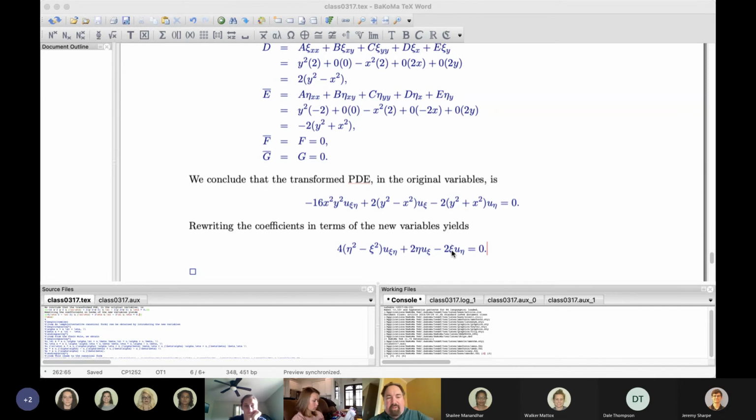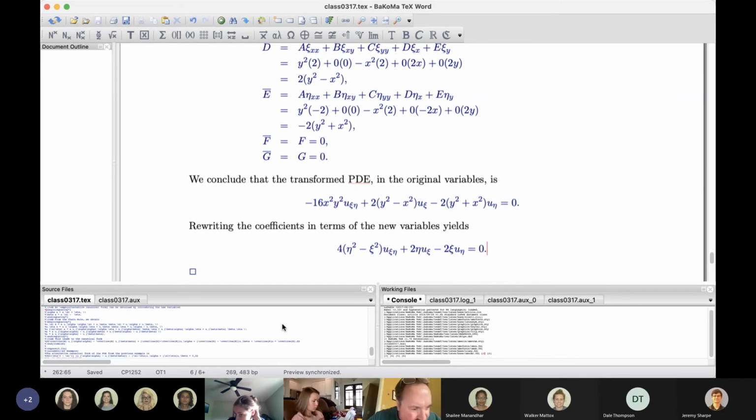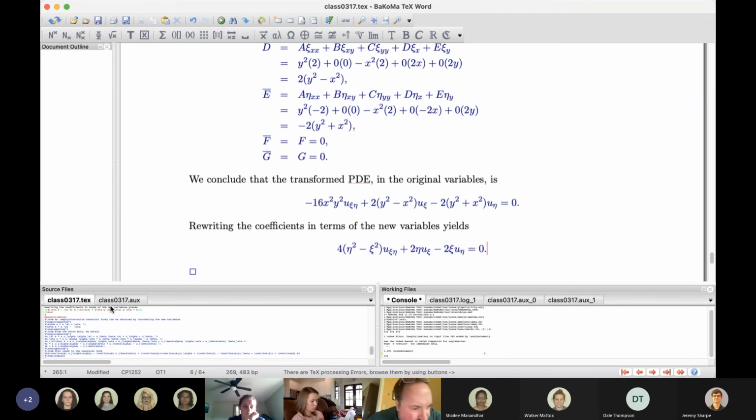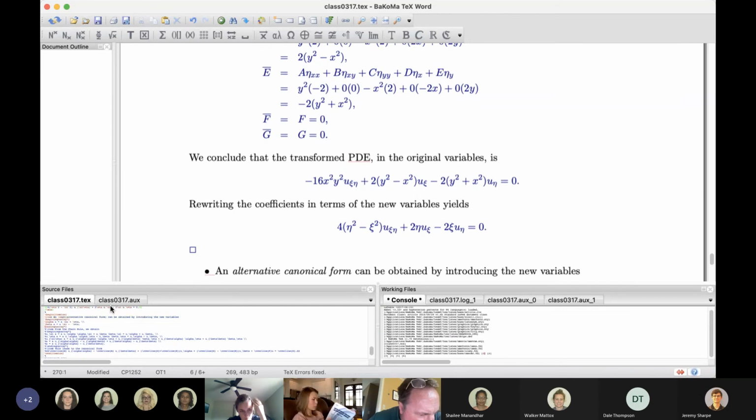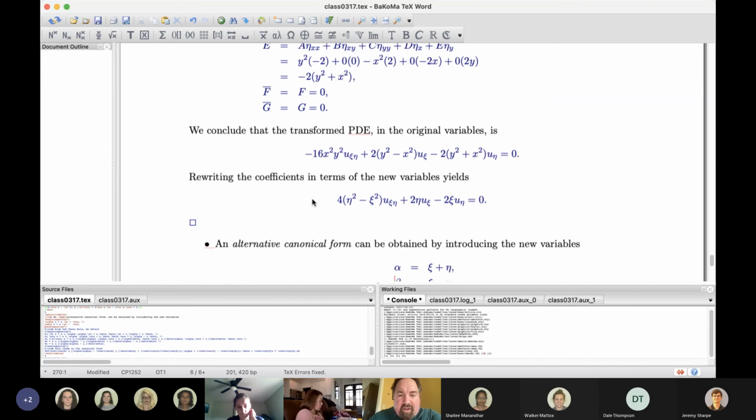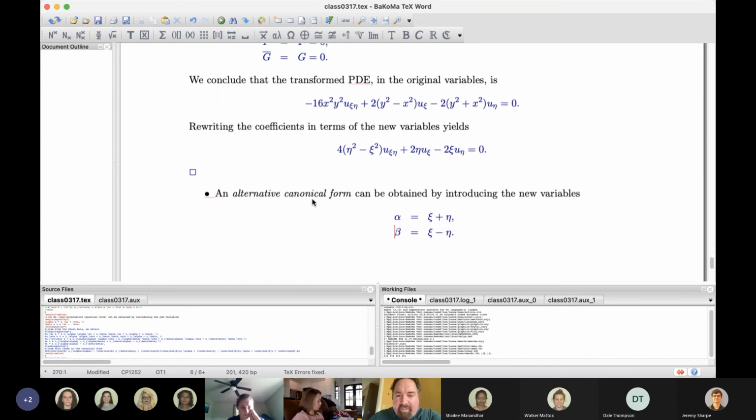Then problem 5, it's marked on the site as a bonus problem, so you don't have to do it. That deals with what's called an alternative canonical form. So I'll take a moment to show you that. So another canonical form for a hyperbolic equation is after you get into this form, you change variables again to xc plus eta and xc minus eta. And that gives you